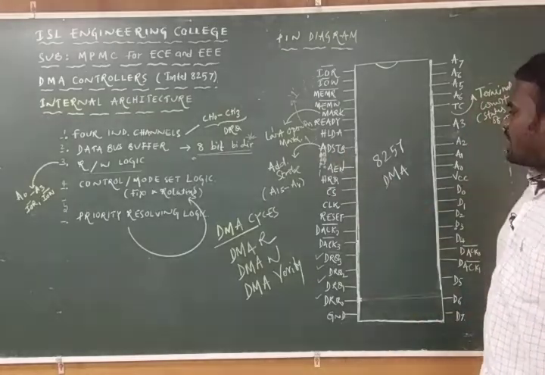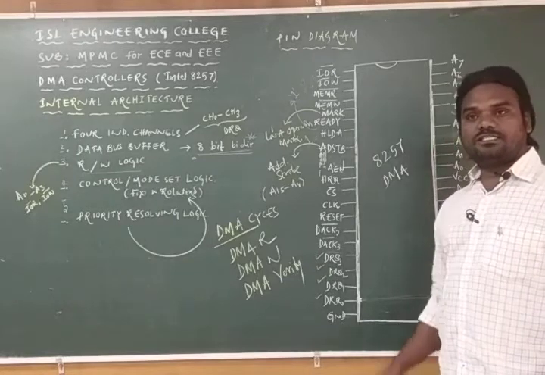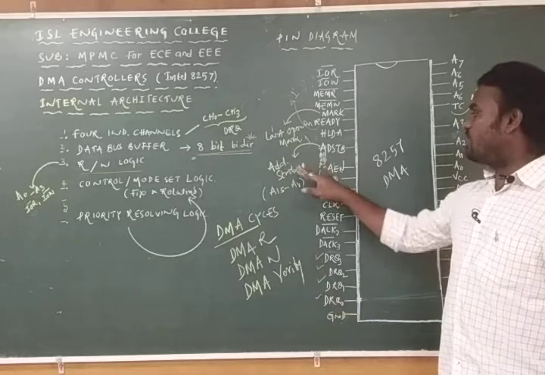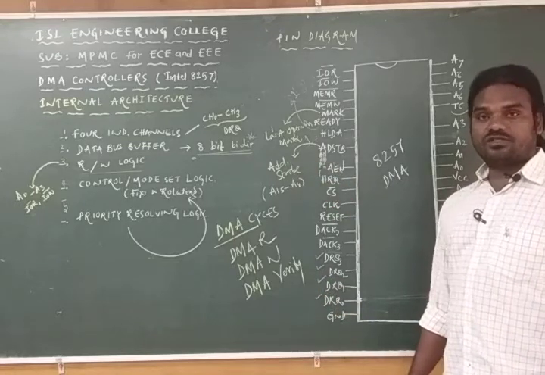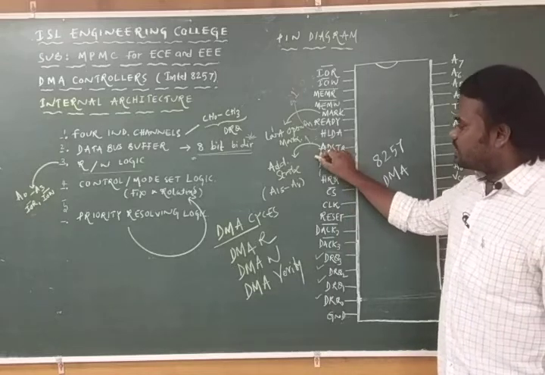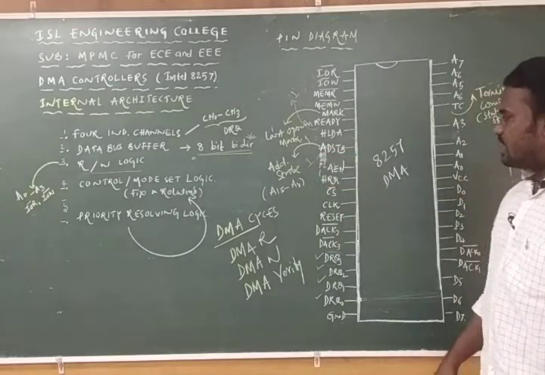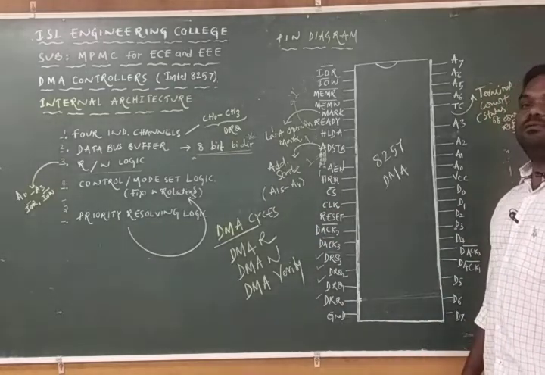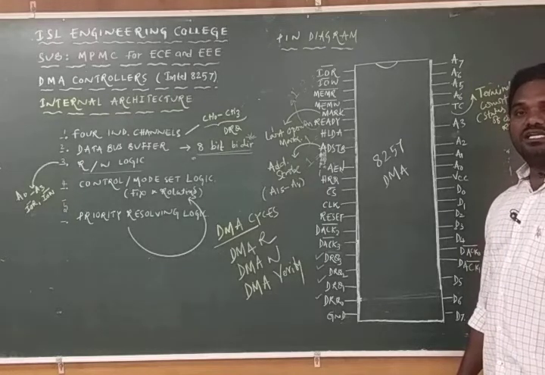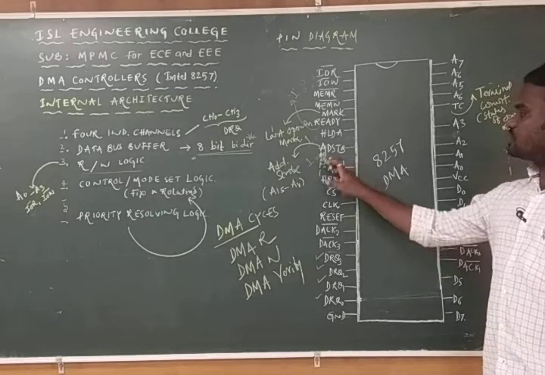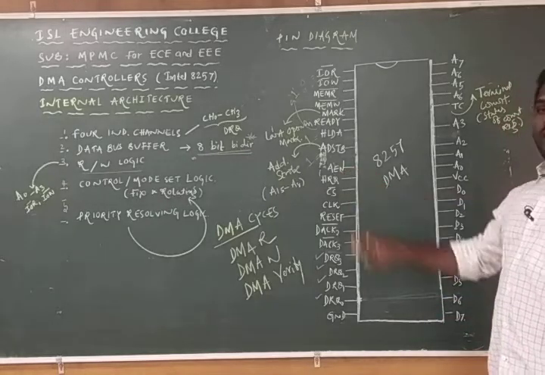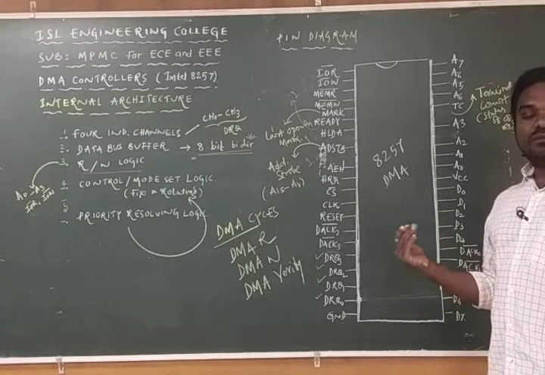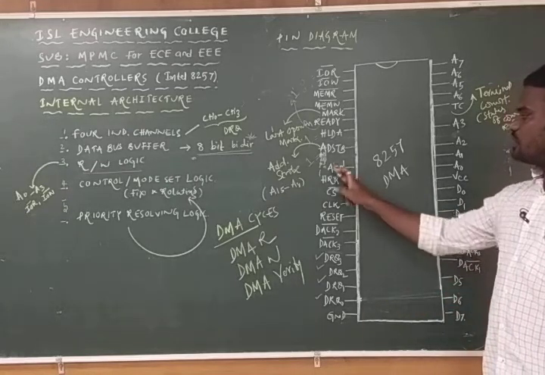And this is address strobe. Whenever this 8257 has been using the higher address bus, that is A8 to A15, that is 8 bits of address bus, it can indicate the signal is 1, and this is the address strobe. This is nothing but address enable. That means whenever the 8257 has to get the data by making use of the input output devices, it is going to indicate 1.